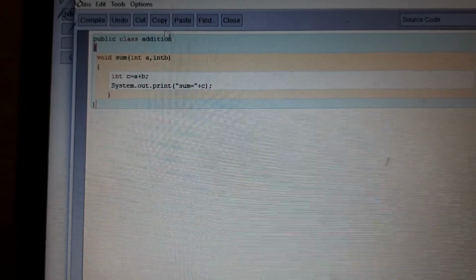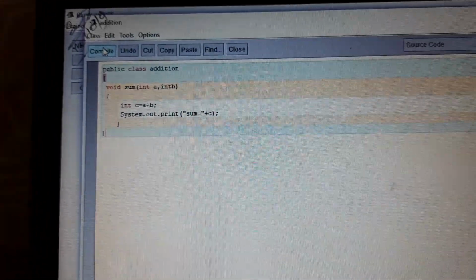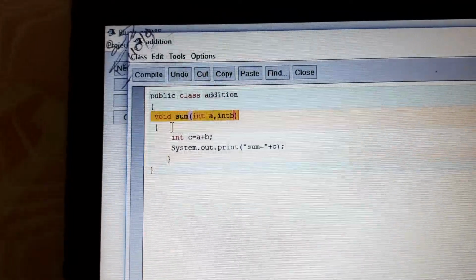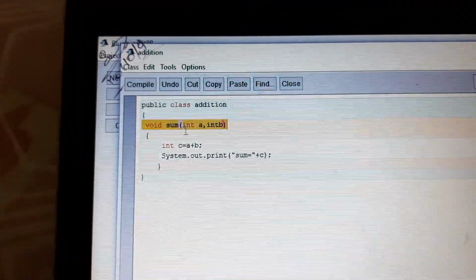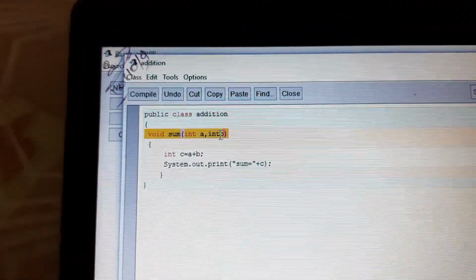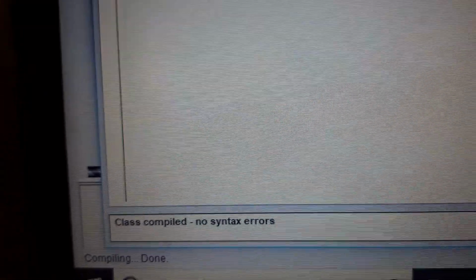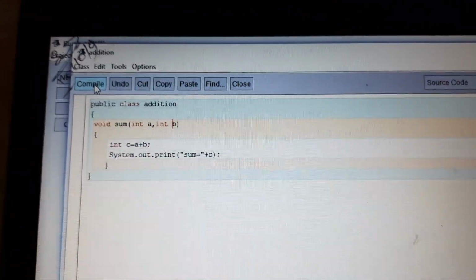Then after writing the program, you have to compile your program. Click over here. Compilation means... so, identifier expected, this message is coming. See, void sum is equal to c. This is the mistake over here in writing the program. So after this, we are again doing compilation. It is coming, you can see, no syntax error. Are you getting it? No syntax error. So it means we have followed all the rules and regulations of Java.